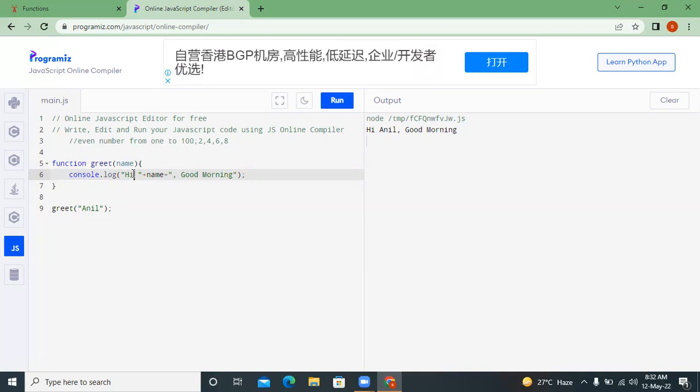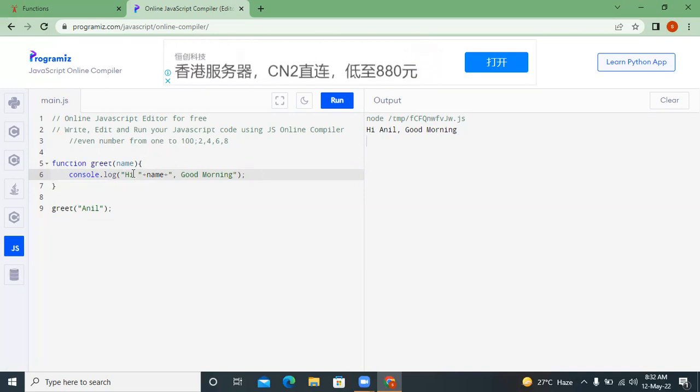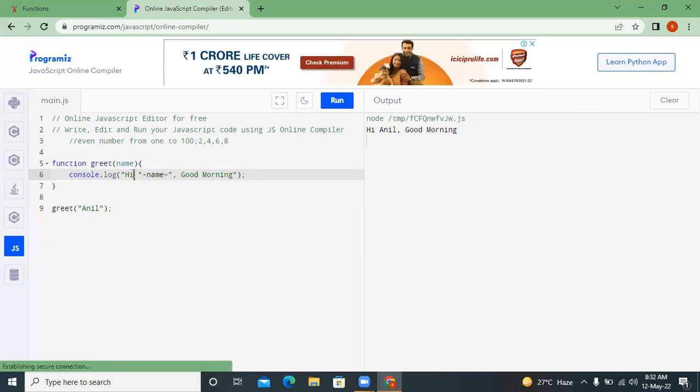Has everyone got this? I'm assuming that everyone got this. Okay,